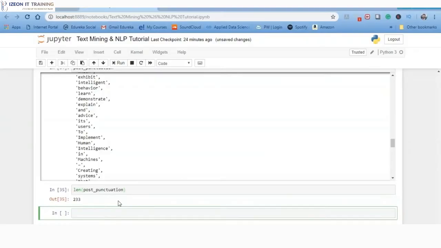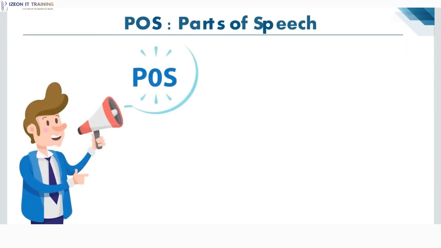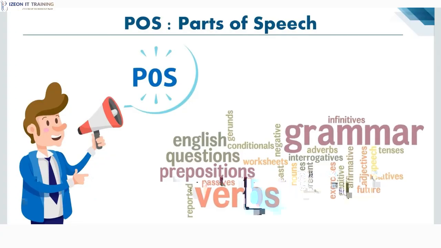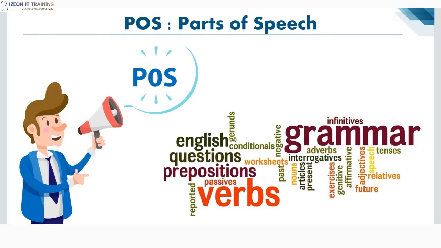Now coming to another important topic of natural language processing and text mining or text analysis, the parts of speech. Generally speaking, the grammatical type of the word, which is the verb, noun, adjective, adverb, article, indicates how a word functions in meaning as well as grammatically within the sentence. A word can have more than one part of speech based on the context in which it is used. For example, take the sentence, Google something on the internet. Here, Google acts as a verb, although it is a proper noun.